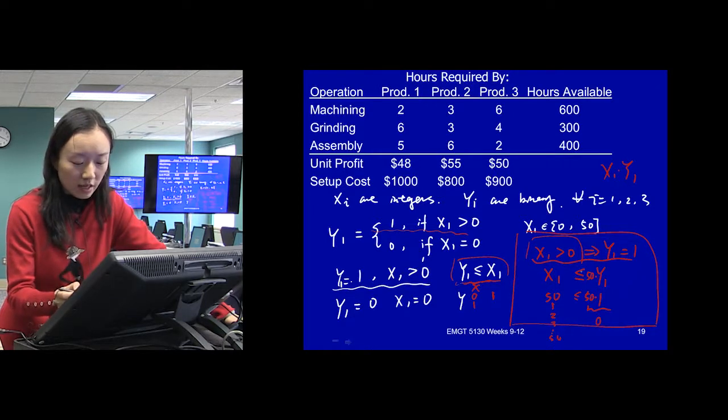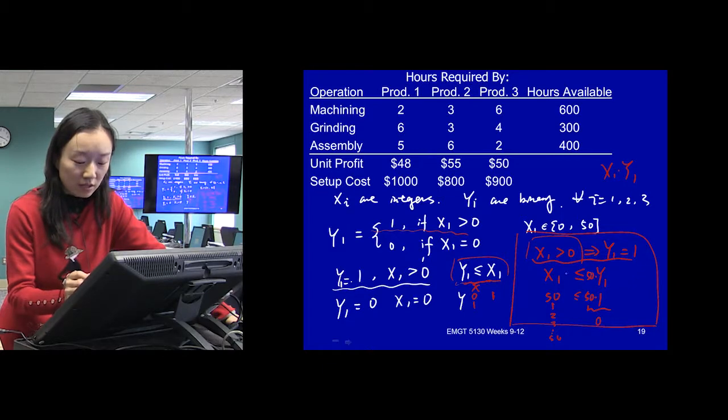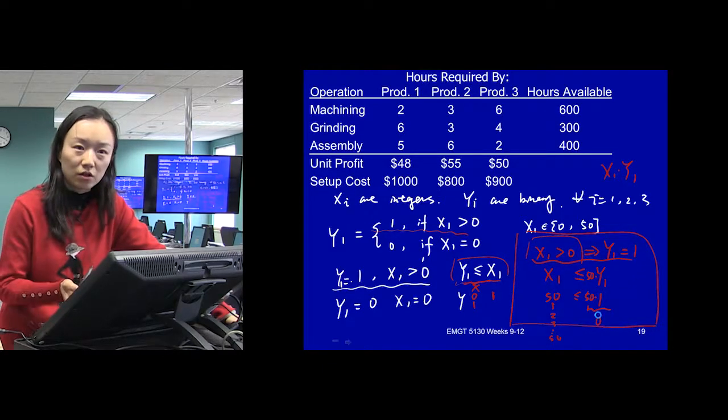So we tried, okay, let's flip the sign. And we try it, it worked for binary, but the value of y is really limiting this x to increase. Because x can go from 0 all the way to 50. We don't want to limit x1 value. So let's just multiply a value here. And that value is the maximum value this x1 can be. So you multiply that value here.